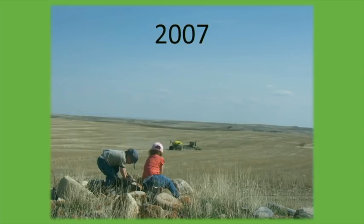So we seeded, we went down to Gettysburg, made a deal on the drill, and when we're standing in the salesman's office, he said, well, if you're coming to buy a disc drill, you must be going to Pierre to visit Dr. Dwayne Beck to see what he's doing with disc drills. I didn't realize at the time, but that was sort of ground zero for this whole soil health movement,